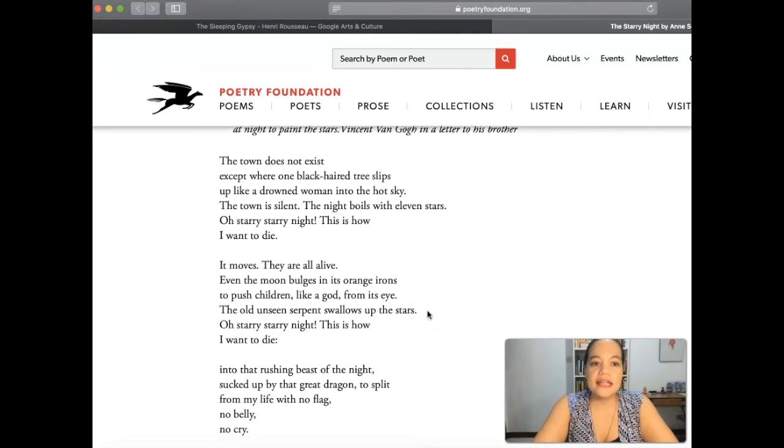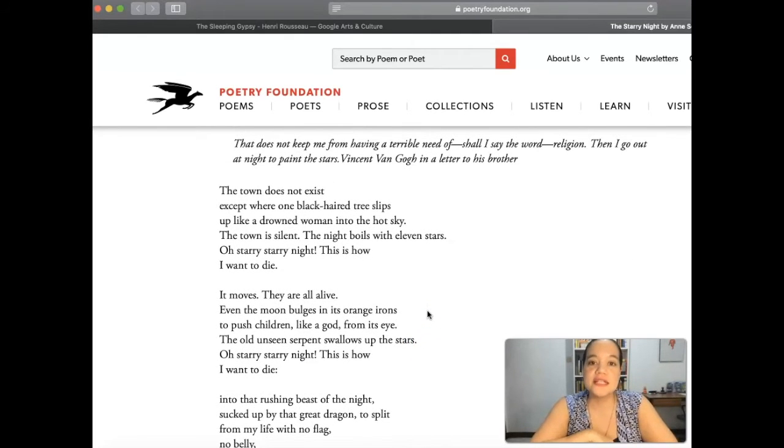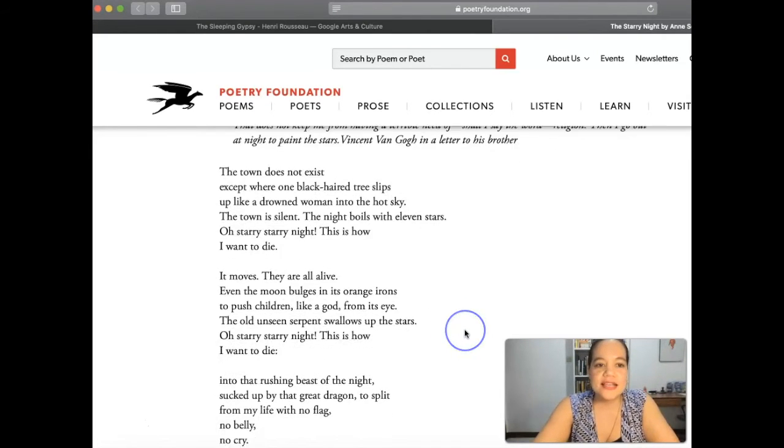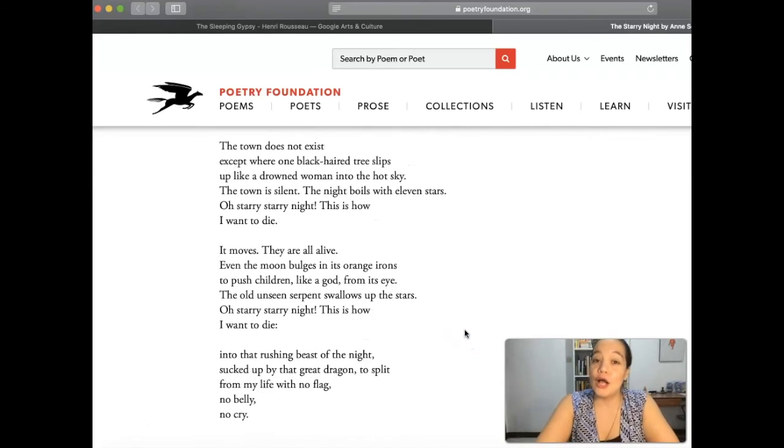Okay, I like to have one of the students read the poem, or I will read it myself, depending on the level of the students. Okay, so we can see this poem is a little bit dark, but Van Gogh was kind of a dark